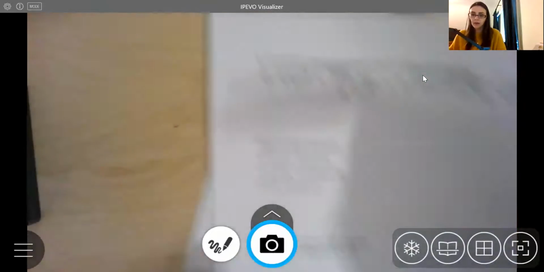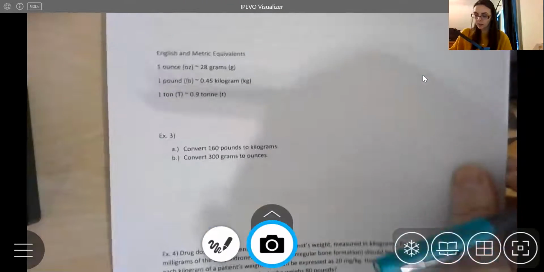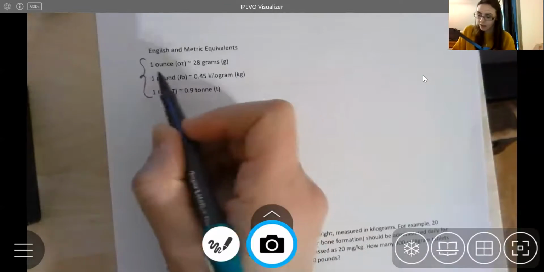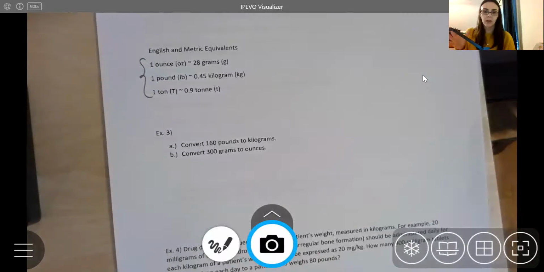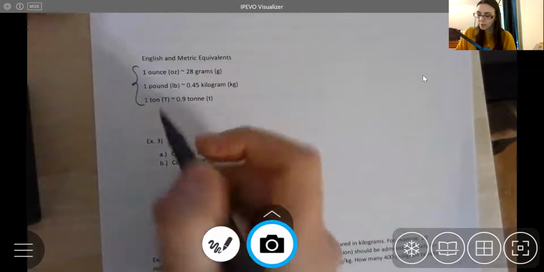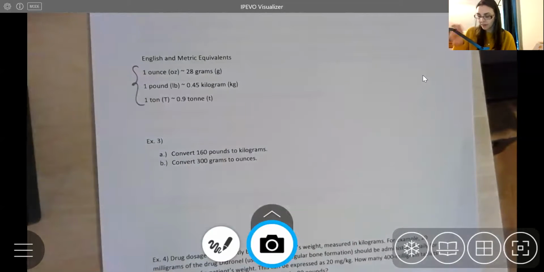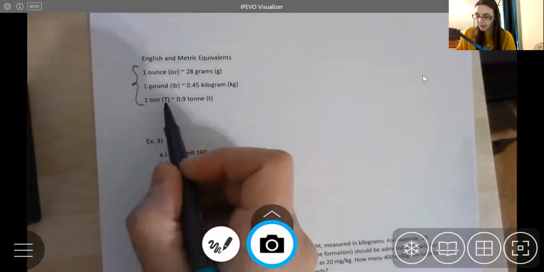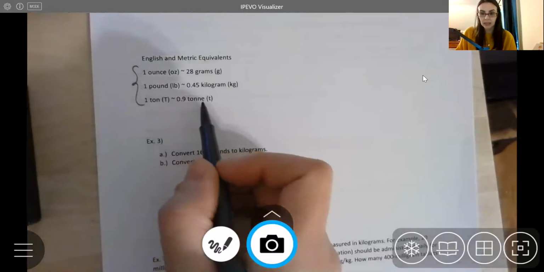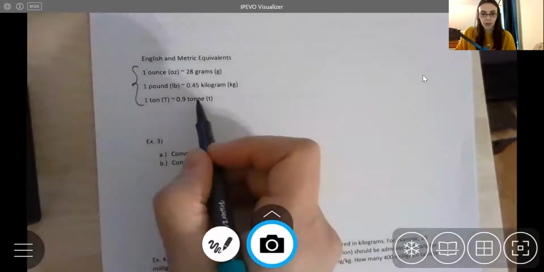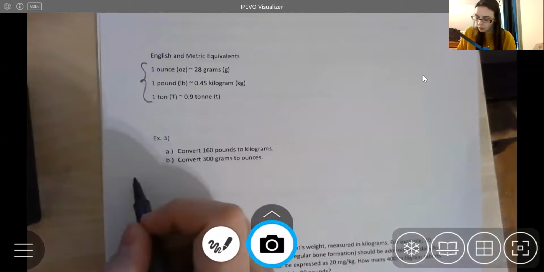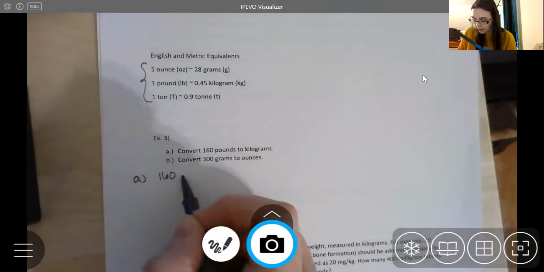Now there are other equivalents as well, of course. From English to metric, we do have that 1 ounce is about 28 grams. Again, these are approximate. 1 pound is about 0.45 kilograms, and 1 ton is about 0.9 tons in the metric unit. So let's convert from 160 pounds